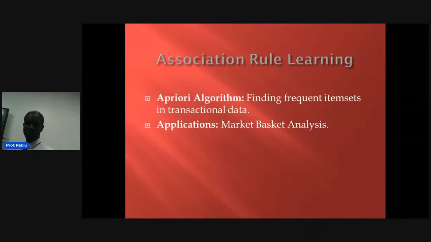Association rules learning. This kind of algorithm is for finding frequent items in transactional data, okay? Transactional data, and the application can be market basket, where you go to the market, you put items in the basket, right? You carry it in your basket. You have a perception that, hey, it's about 10,000. Okay, you keep going. I need this detergent. I need this Indomie. You put it in, right? There is a possibility that you are not up to 10,000.